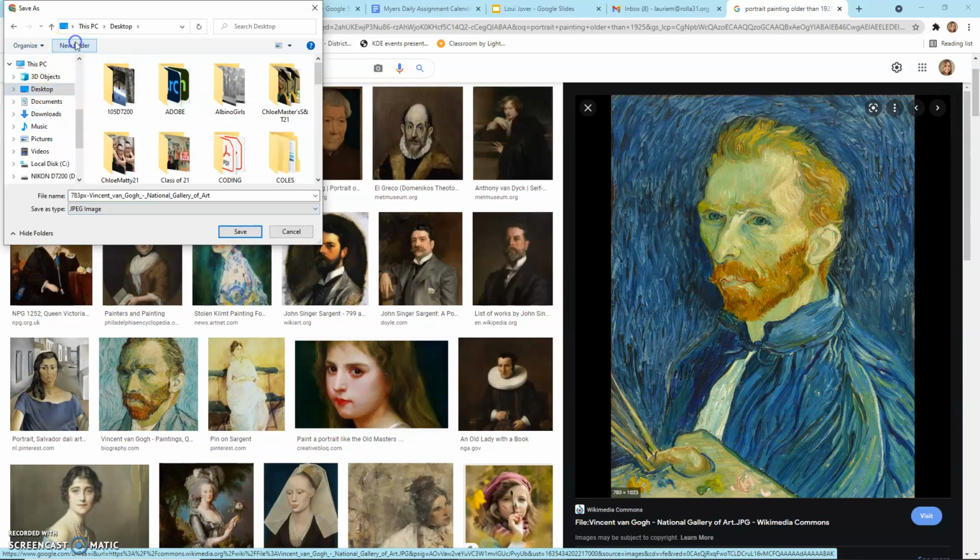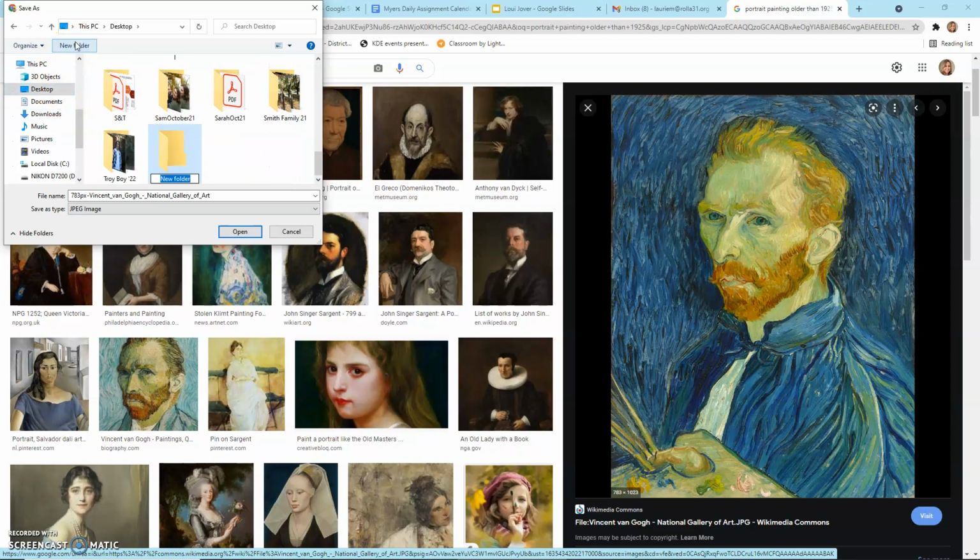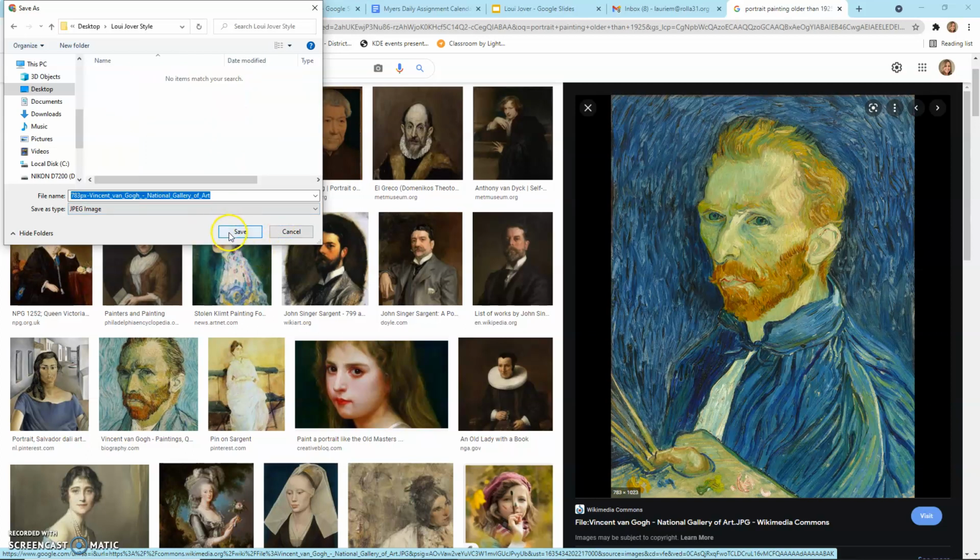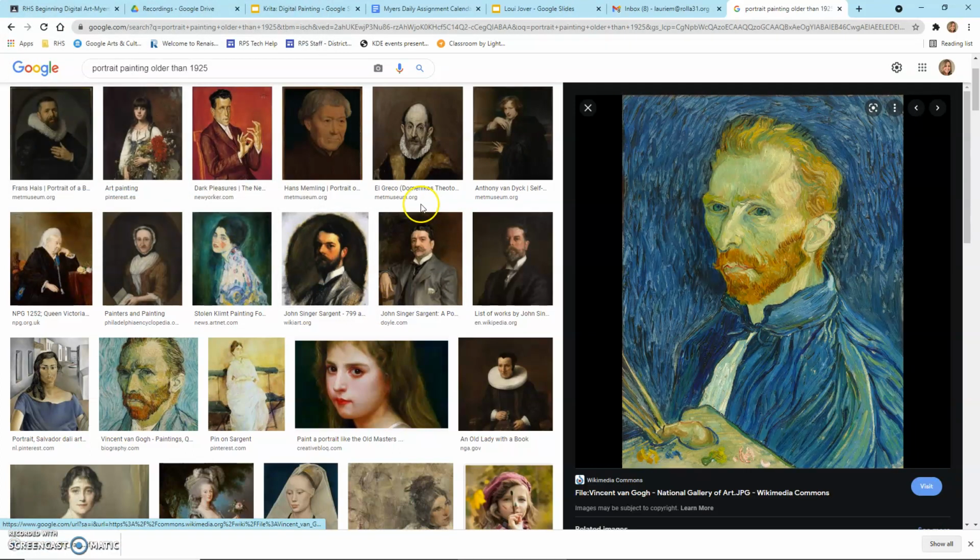But I am going to add a new folder, and I am going to call this Loui Jover style, and I'm going to save that right there. And save. Okay, now I'm going to cut out, and you're going to cut out the